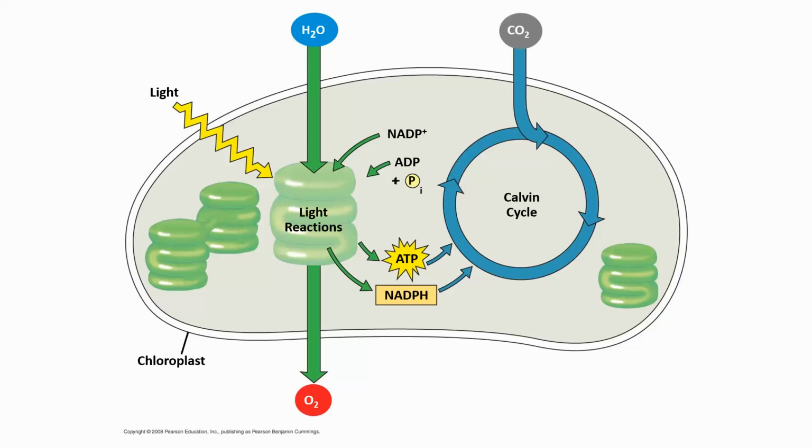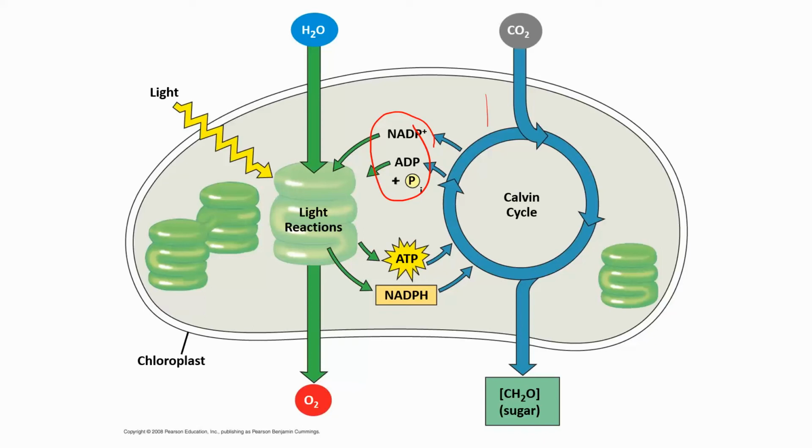That energy is taken into the Calvin cycle, and the Calvin cycle takes in the energy from the ATP, the high energy electrons from the NADPH, as well as carbon dioxide, and uses that to produce sugar. Then it also produces as a byproduct ADP, phosphate, and NADP+. These are low energy forms of these molecules, which can then go back to the light reactions and pick up